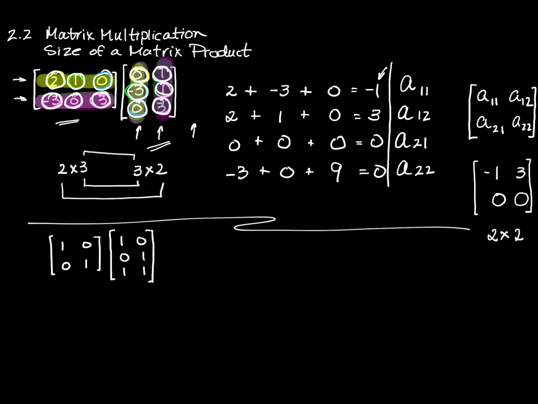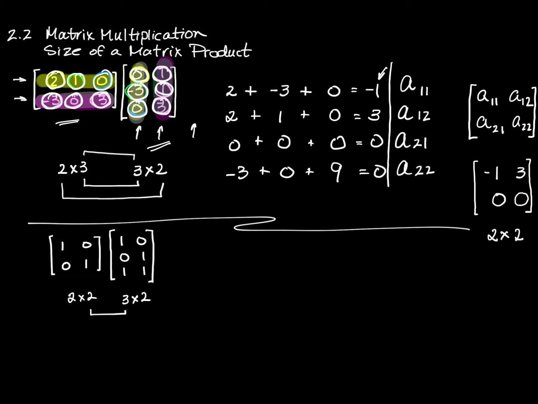All right, so this is my example of a matrix product that does not exist. I can't multiply these two matrices together. And the reason is this. The first matrix is a 2 by 2. The second matrix is a 3 by 2. And I can tell just by looking at them that they're not going to multiply because the 2 and the 3 in the middle don't match. But let's just take a very